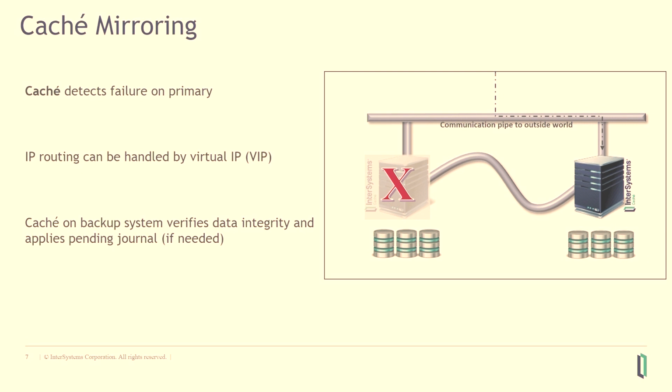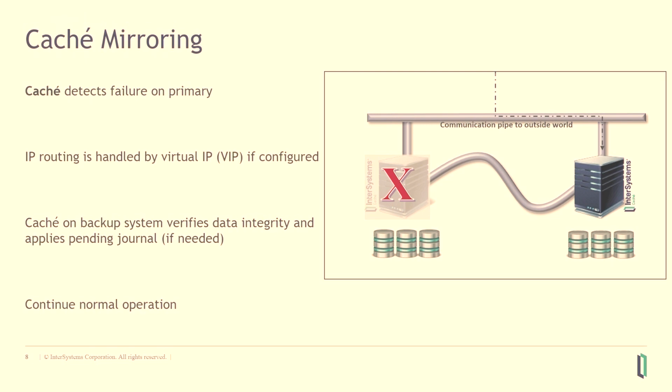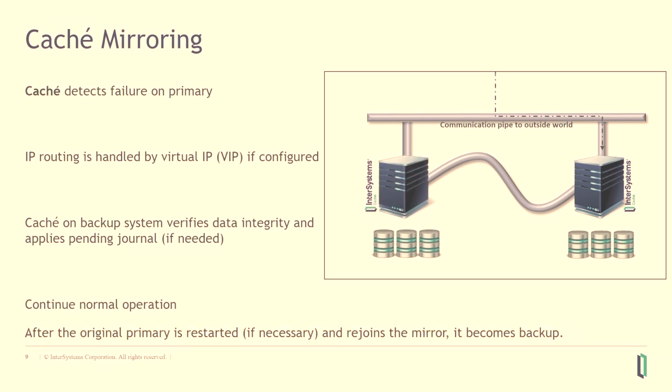The backup server does some level of data integrity check, applies the latest journals, and at that point, you're back up and running. Now, at this point, as the user, you should see some error messages in the console telling you, first of all, there had been a failover, or here are problems with your primary. We triggered a failover, and that's what you'll see on both, depending on which machine you're looking at.